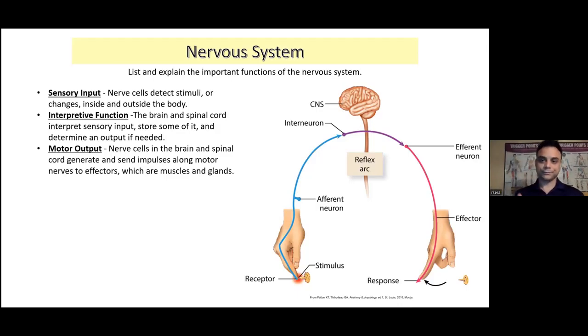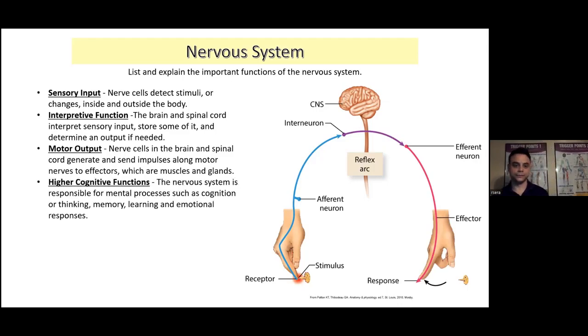So, of course, that's not the only responsibilities of the central nervous system. Of course, we do have higher cognitive functions, right? It's involved with the memory process, learning process, emotional responses, right? Our limbic system is quite complex and regarding the instinctual behaviors, emotional behaviors, and so on and so forth. So again, we're only paying attention to the basic relay system, the electrical relay system of the nervous system itself. And so before we go any further, again, I just want to put a note about the sympathetic versus parasympathetic